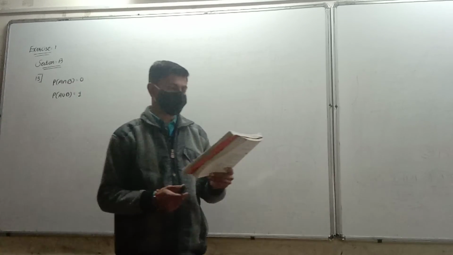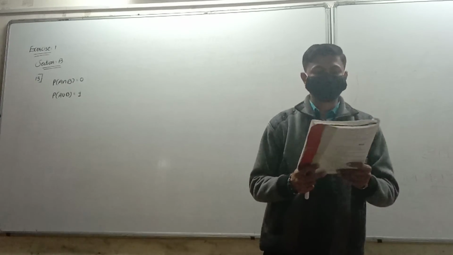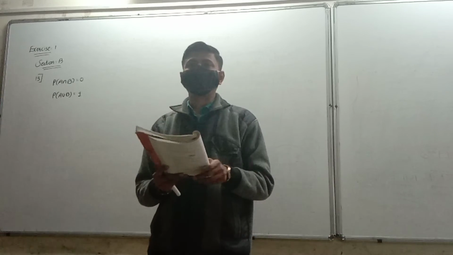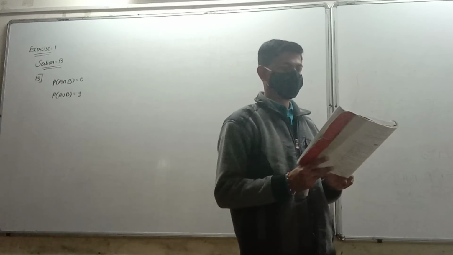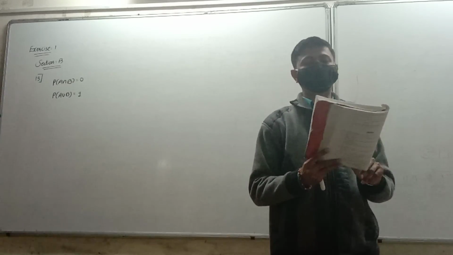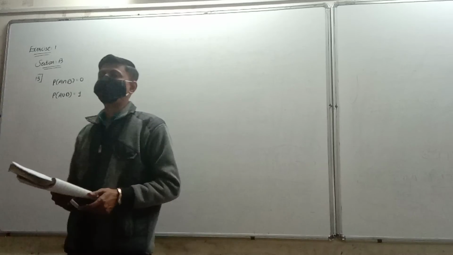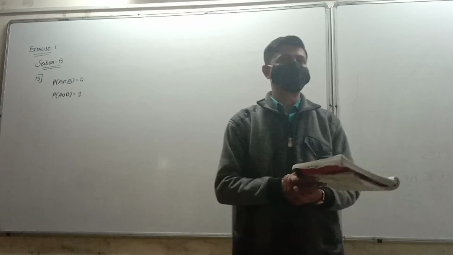Next question number 14. If two events A and B in a sample space are independent, then state the formula for P of A union B. Okay, independent event. So the formula for P of A union B is equal to